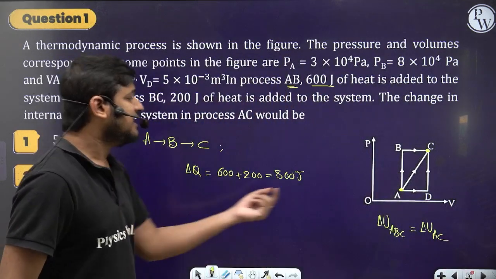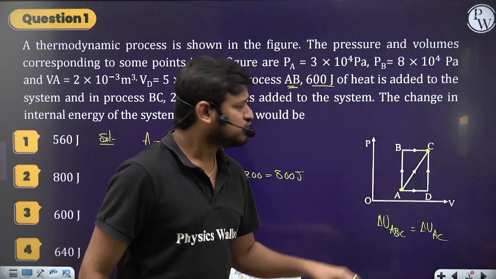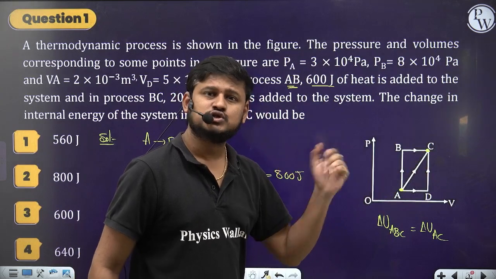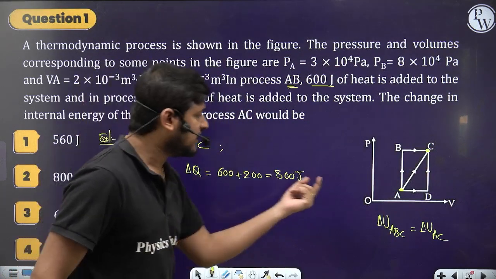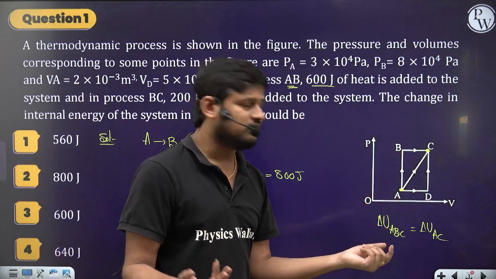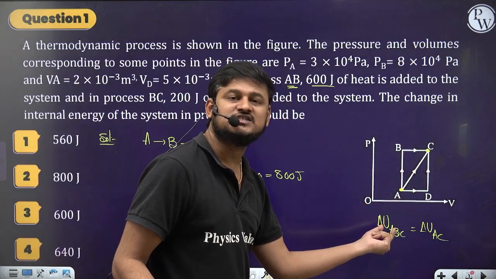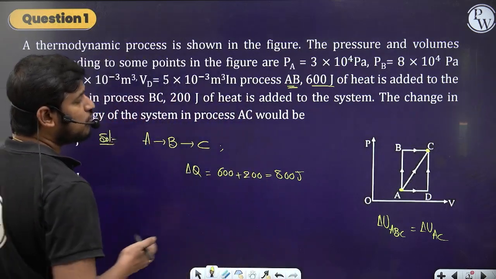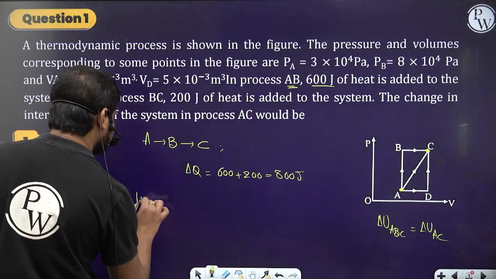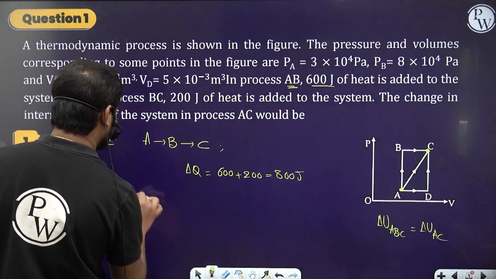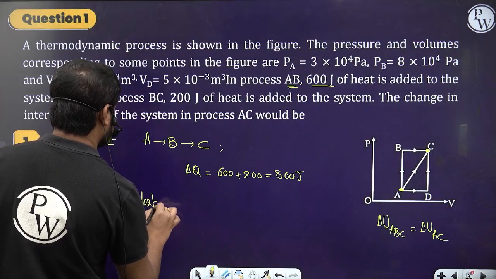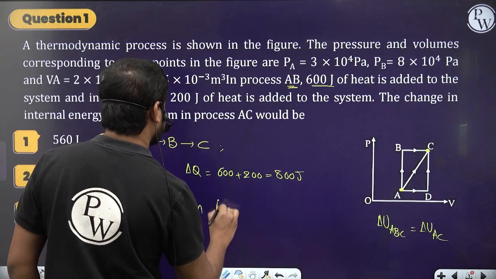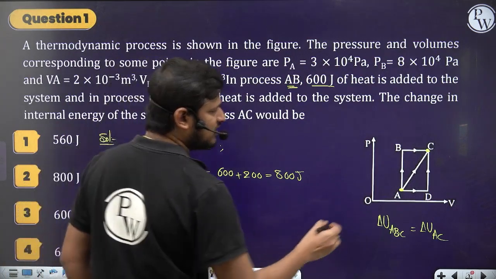So I know the total heat given in AB and BC. Can I find the work done under ABC? If I find the work done under the ABC curve, then I know delta Q, I know the work done, so I'll get the internal energy in ABC. That internal energy in ABC is nothing but the internal energy in the AC path, right? Chal. So now what is the work done? The important thing is, the work done in ABC is nothing but this total area,